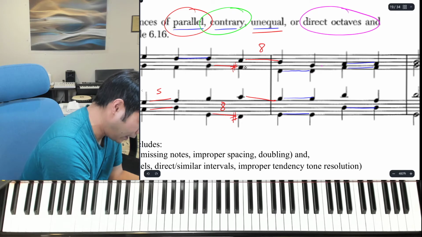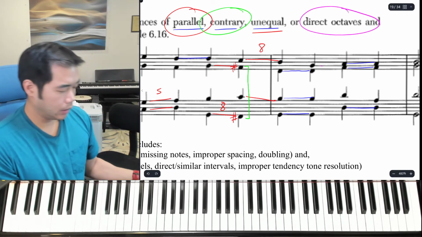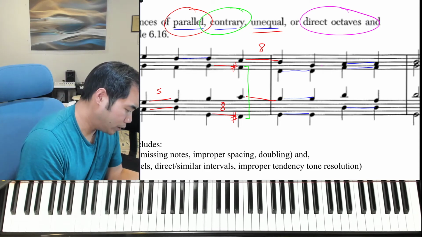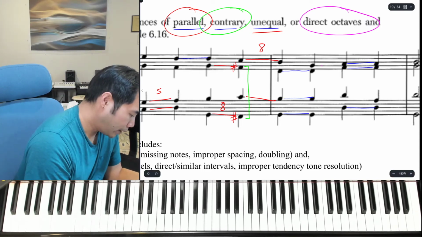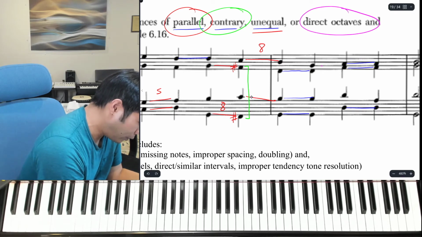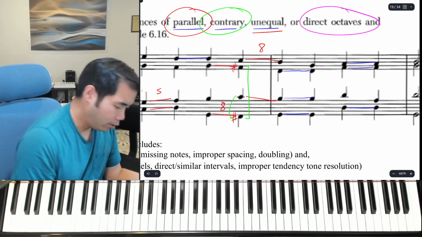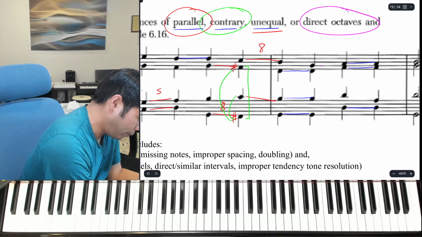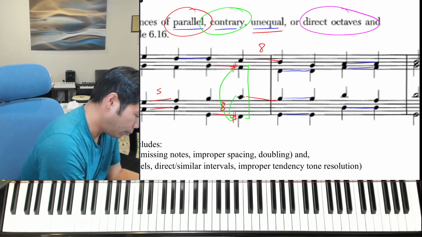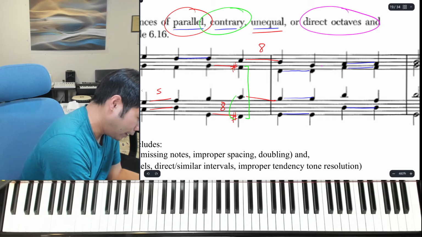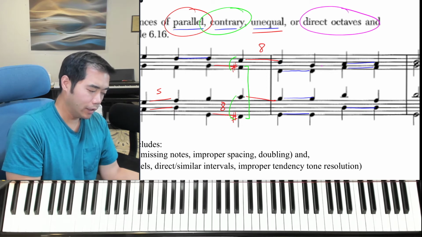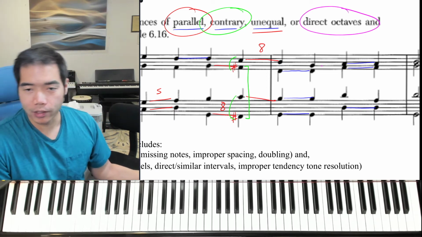Okay, I can see that I have a perfect octave between my bass and alto voices here, the F sharps. If I'm looking elsewhere, I also have a fifth, technically. This is a diminished fifth between my bass and tenor. I also have a diminished fifth between my bass and alto. I mean, not my bass and alto, but the alto and the soprano is also a diminished fifth as well. So if either of those goes to a perfect fifth, we know that's going to be a